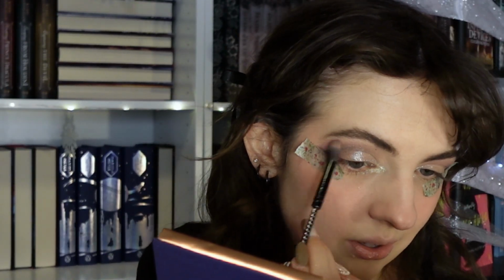This definitely isn't my favorite eye makeup look I've ever done. This is why I usually don't use purples, because I'm not very good. I don't think my skin meshes with purple very well. I think it just makes me look kind of dead. Well, we've committed to this, so...